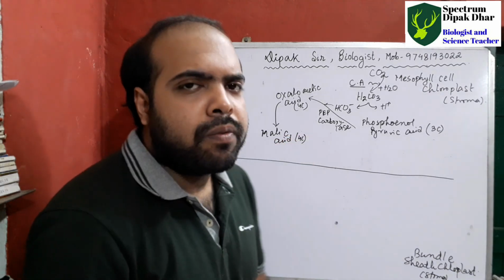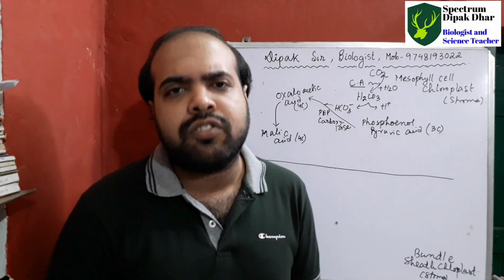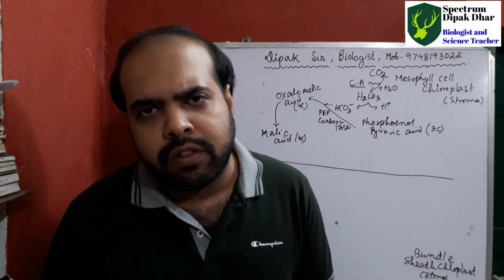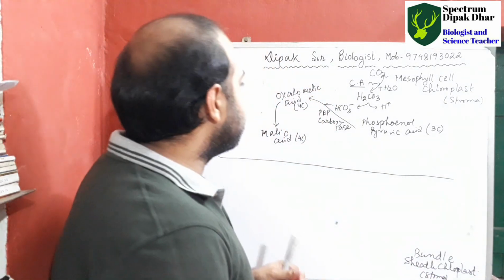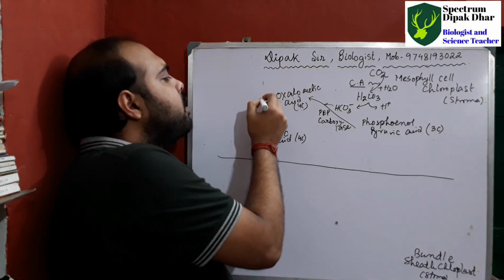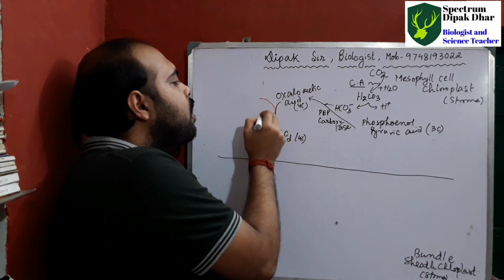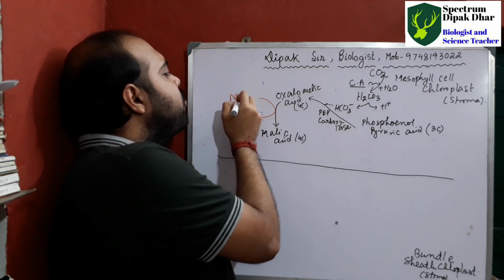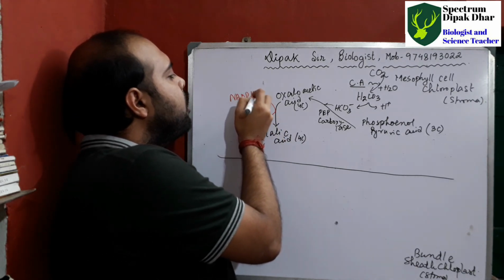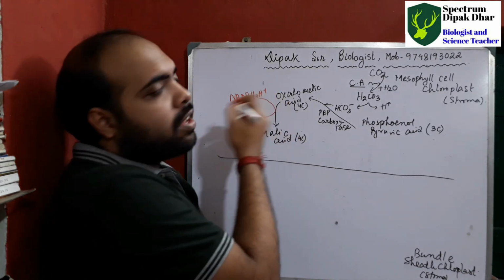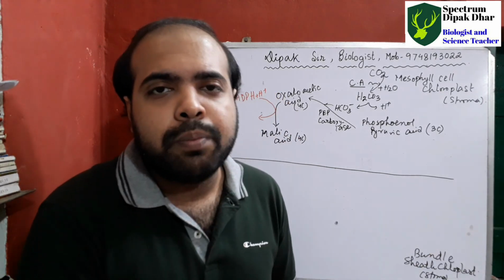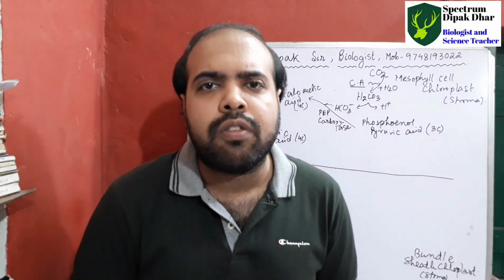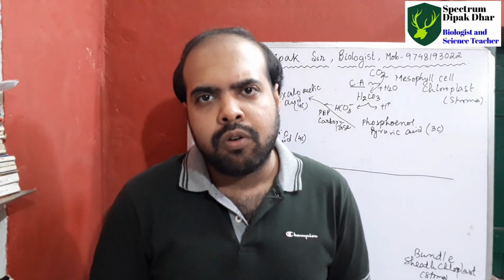Malic acid is also a 4-carbon compound, as there is no deduction of the carbon molecule from the oxaloacetic acid. Now an oxidation-reduction process is occurring, that is NADPH, which is formed in the light dependent phase, that is the cyclic and the non-cyclic photophosphorylation, which I have already made